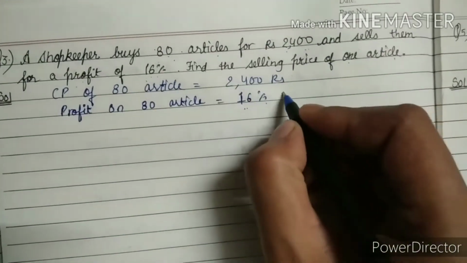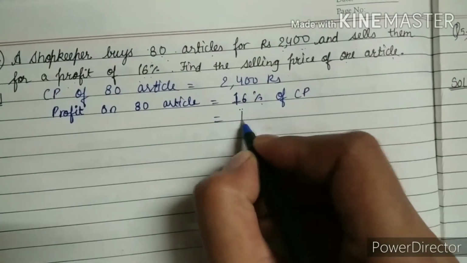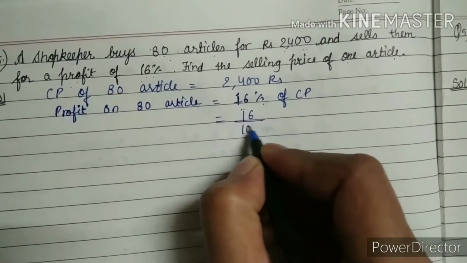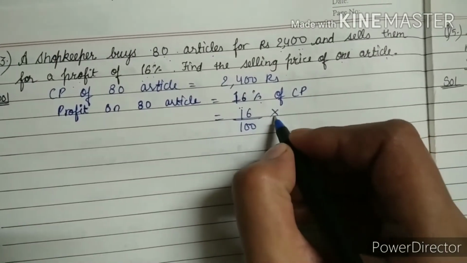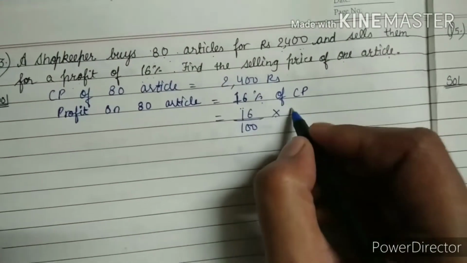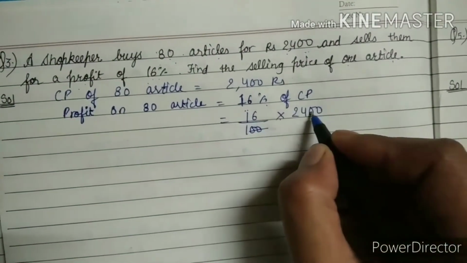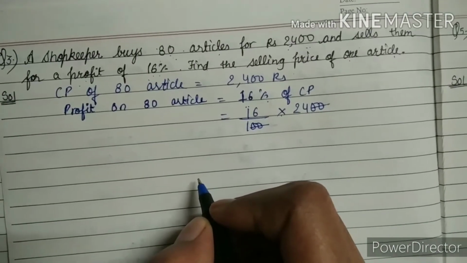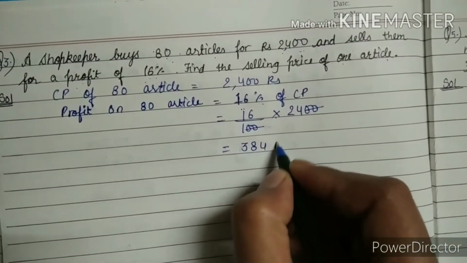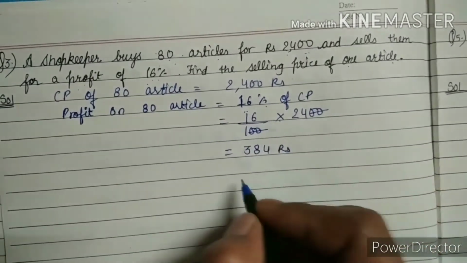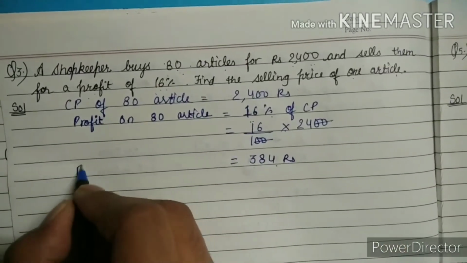So 16% of cost price. When we remove the percentage symbol, we put 100 in the denominator, multiply, and 2400 as it is. So 00 to 00 cut, and it will give us the value of 384 rupees. 16 into 24, we will get 384 rupees. So this is the profit